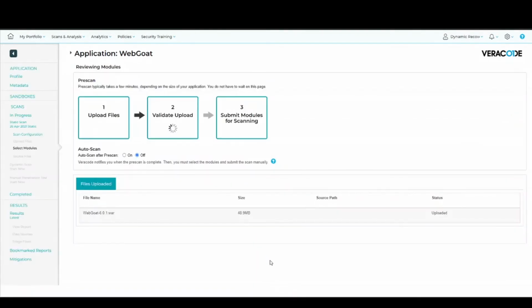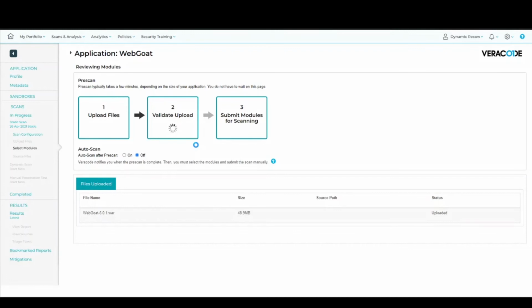Okay, so now you can see it says here validating upload. So basically what it's doing is it's looking at the package to determine if all the correct components were collected and that there's no corrupted data, and then doing that it then finds out where the starting point is, and it represents wherever the application can find external